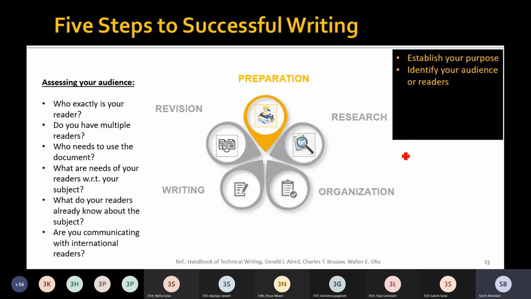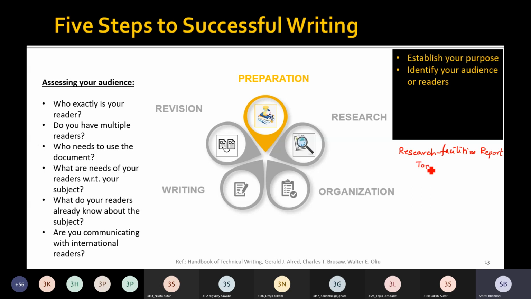So if you are going to write the research facilities report, then who are the possible readers? Maybe the top management of the company is going to read your report, right?